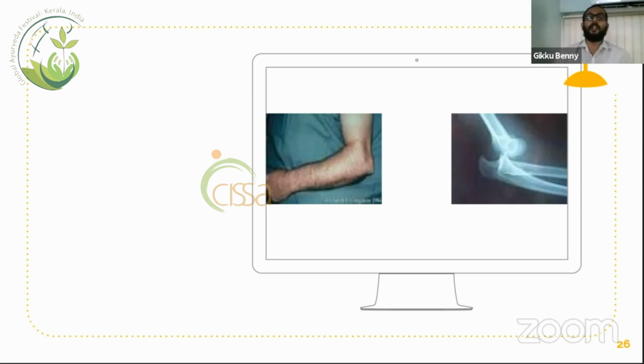In supracondylar fracture of humerus, the measurement taken from angle of acromion to lateral epicondyle is shortened, and in posterior dislocation of elbow, the measurement taken from lateral epicondyle to radial styloid process is shortened. Surely, X-ray will give the confirmed, definitive diagnosis.